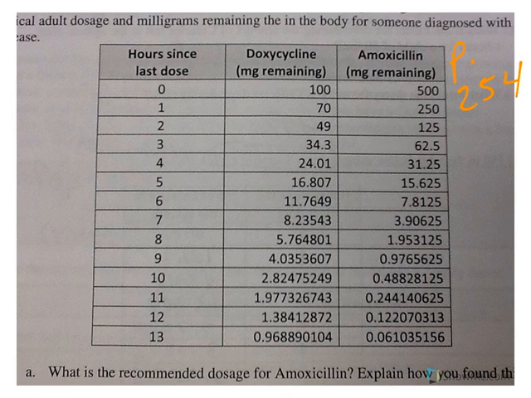Let's move on to page 254. Here you see we have doxycycline and amoxicillin. Now, I don't really know what doxycycline does. It is used to treat Lyme disease, as does amoxicillin. Who knew, right? This is what you can get if you read this packet. Some interesting knowledge that you may or may not have had. So, when we're looking at this, we are going to use this data to figure out everything we want to know about the world.